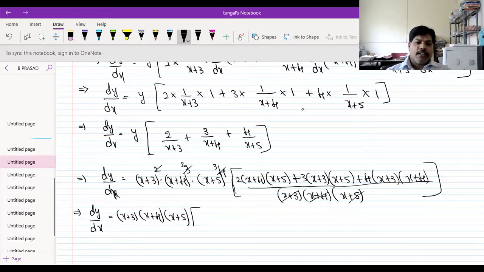So if you can take that 2 into multiply these two terms, student, x plus 4 into x plus 5. What is that value? It will become x square plus 4x plus 5x, that is 9x, and 4 into 5, that is 20,